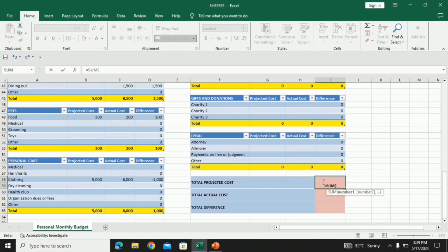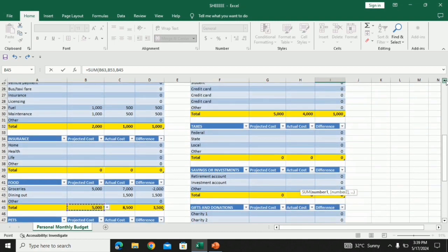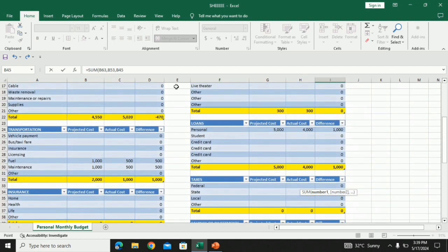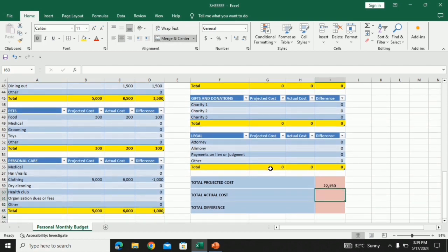To total the projected cost, equals sum, click and shift, control, and then click the total of the projected cost, and then after that enter. So the total is 22,150.